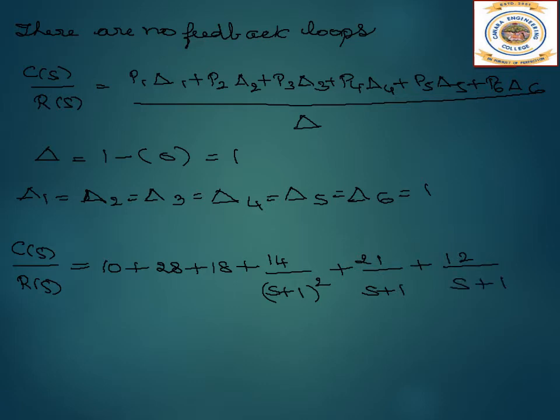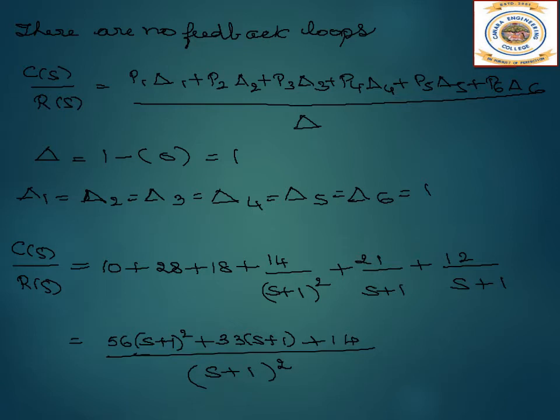So you take the common denominator here, s plus 1 the whole square. So it is 56 into s plus 1 the whole square plus 33 into s plus 1 plus